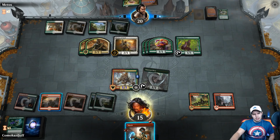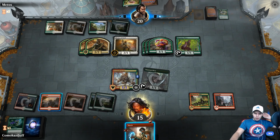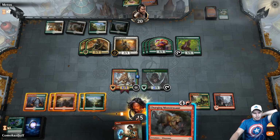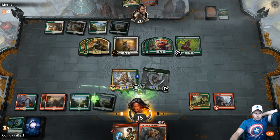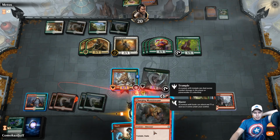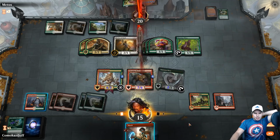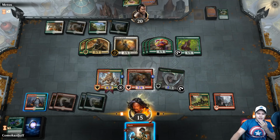I think we need to hold on to the Shock. So pass to my turn. Charging Monster Sword is not bad. We're going to keep the Shock up. We're not going to swing in with Llanowar. Charging Monster Sword, get a counter. It's a 7/6, and we can kill stuff that blocks it, so